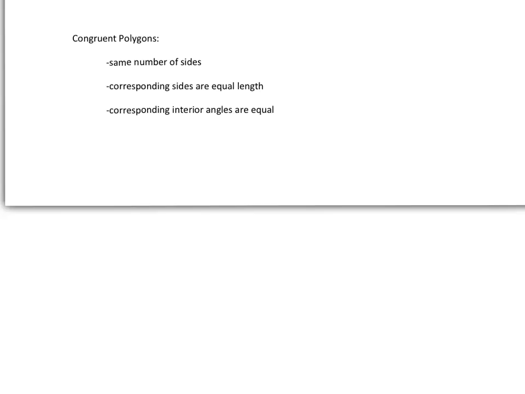All right, we're going to look at congruent polygons here. Congruent polygons have the same number of sides. Corresponding sides are equal in length. Corresponding interior angles are equal. So if that's true, if you have the same number of sides, corresponding sides equal in length, and corresponding interior angles equal, okay, then